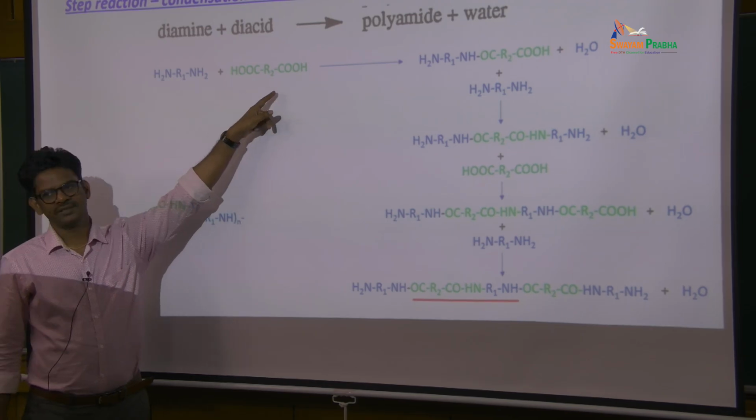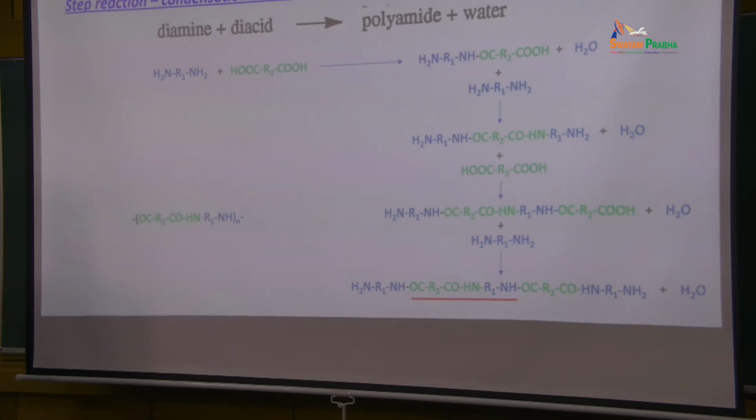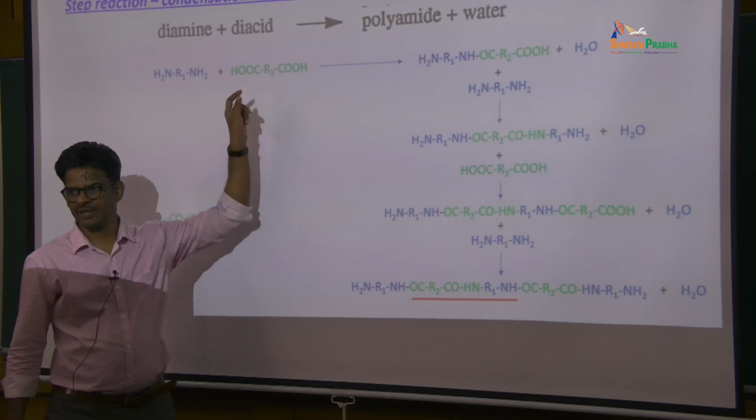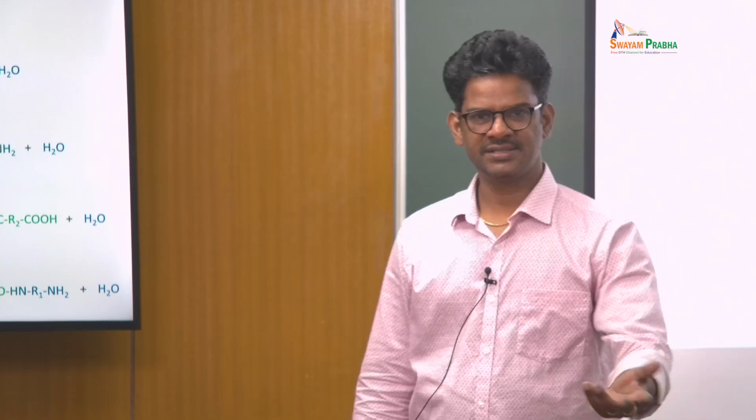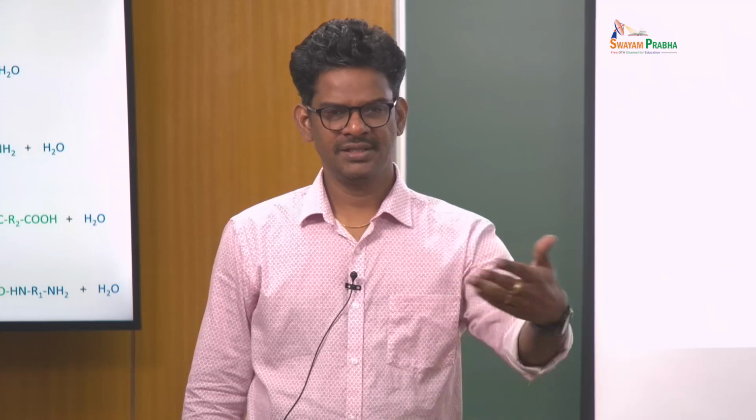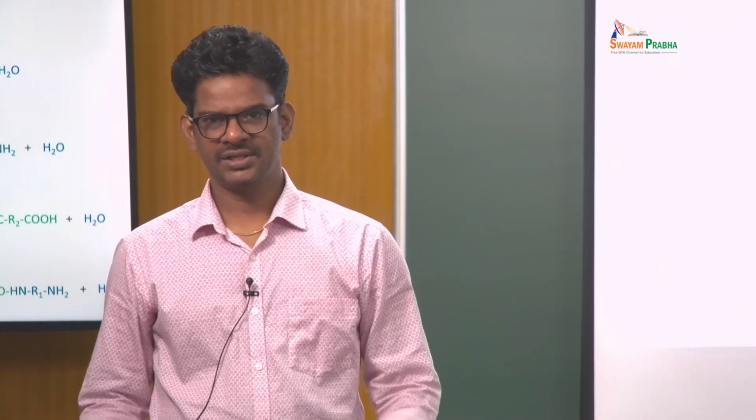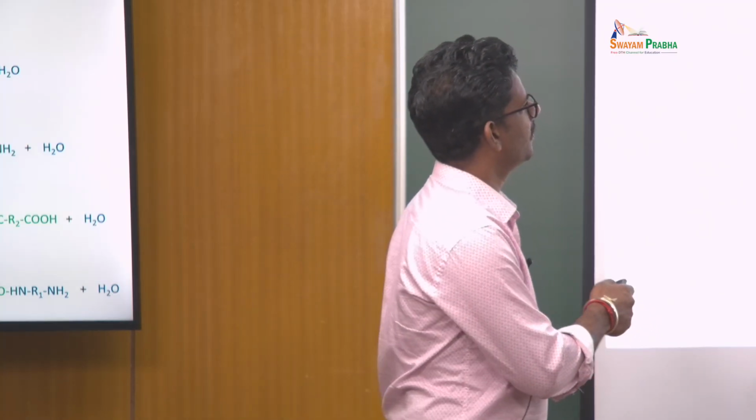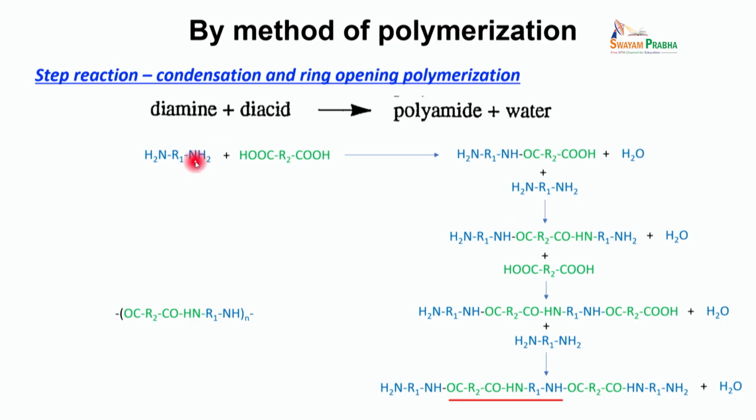Then you have another monomer, a diacid, which means there are acid groups on both ends, with a middle block. Adipic acid, succinic acid, and so many other acids have acid groups on both ends. So here what happens is, first this NH2 and this COOH group will combine and release one water molecule, right? So this OH and this H go away as water,